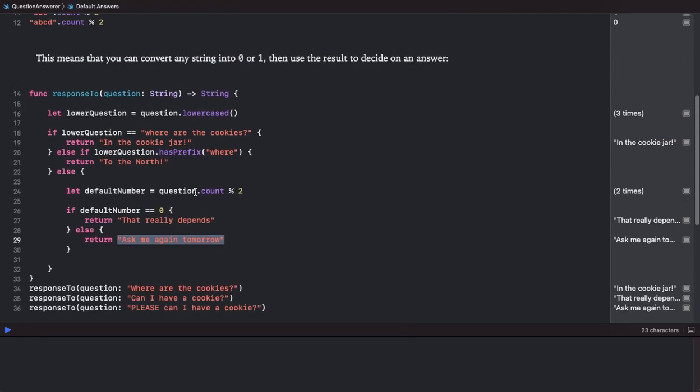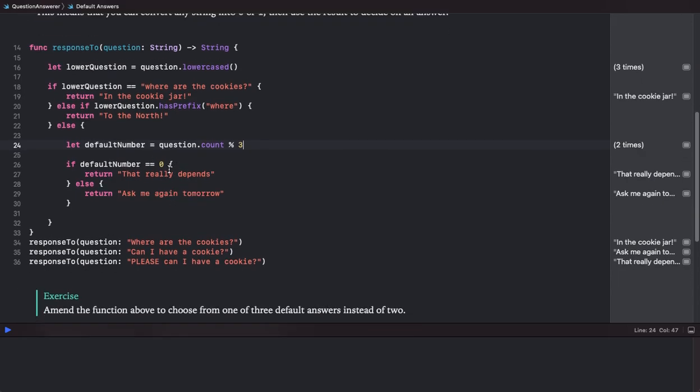So when I look at line 24, instead of let default number question count remainder operator 2, I'm going to put 3. So the result of that could be either 0 if the number divides evenly into 3, 1 if there's a remainder of 1, or 2 if there's a remainder of 2. There cannot be a remainder of 3 because 3 divides evenly into 3, and that would be a remainder of 0. So if default number is 0, that really depends, else if